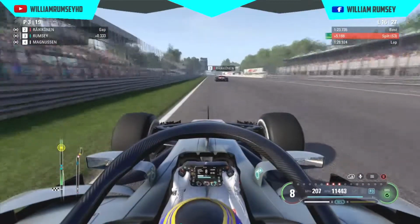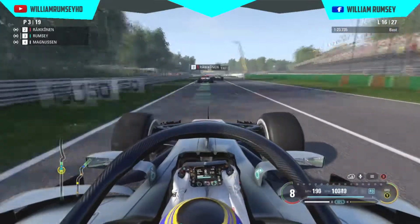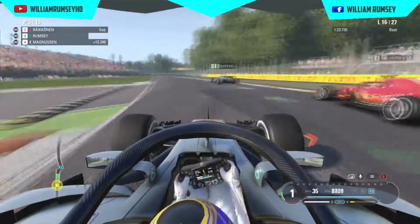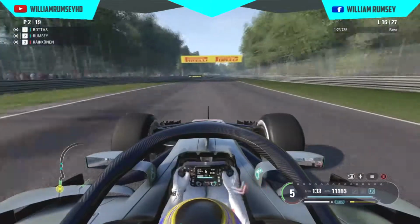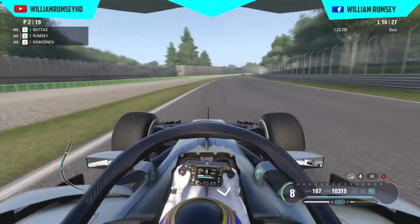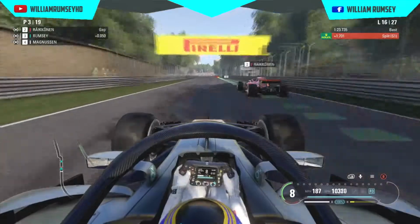As we move on to lap 16, sorry, I'm really tired, sorry guys. Lap 16 now, and we're gonna go down the outside of Raikkonen here, actually touch wheels with him, and we've got the move pretty much done, only because I caught the back of his wheel when he lost traction on the corner. I actually get a bit on the grass here,